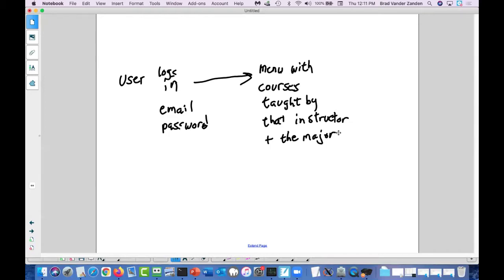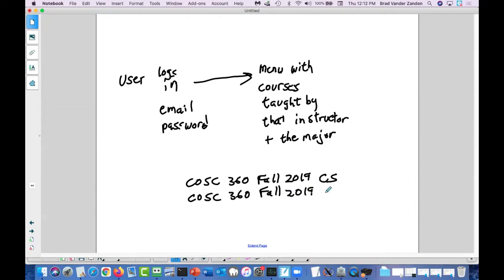It would show up as maybe COSC 360 fall 2019 CS, and it would show up a second time as COSC 360 fall 2019 CPE. So it'd show up twice because the professor has to enter assessments once for CS students, once for computer